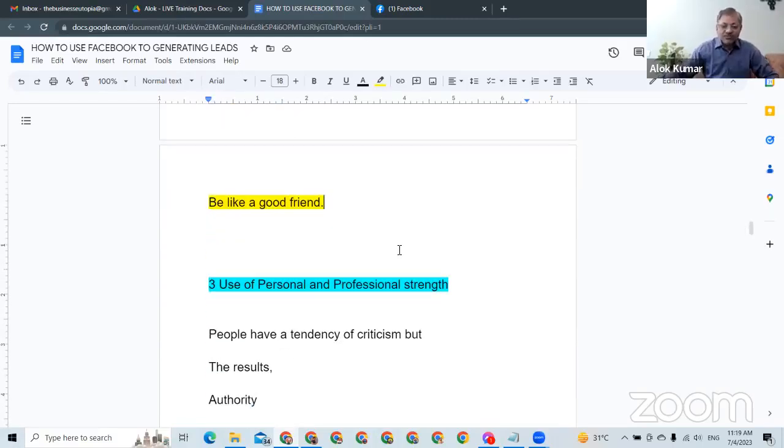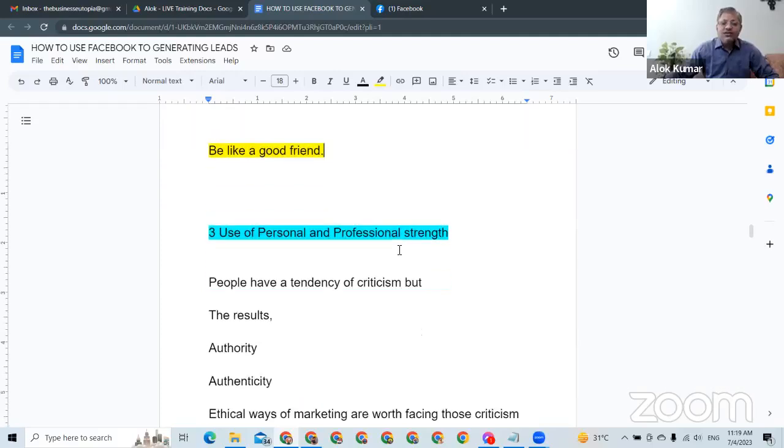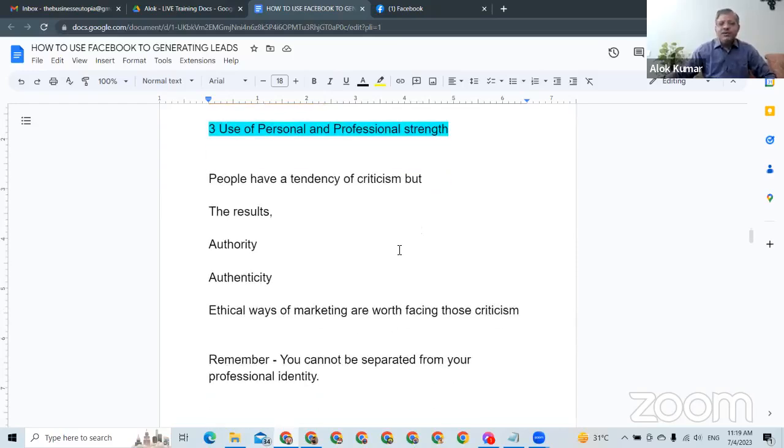Now let's move on. On this Facebook, you have to understand the use of personal and professional strength, right? Now, I have seen people criticizing lots of things, even I was like that. I was thinking why people are making so much noise about their money making or their clients getting results or something like that. But here, since you are the same person who is doing that work for somebody else, whether you are a B2C or a B2B person, that doesn't make any difference. But you as an individual are the same person who has some personal traits and who has some professional traits as well as a human being.